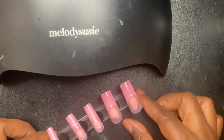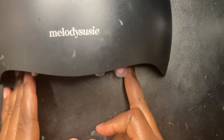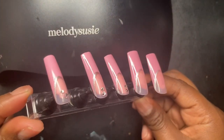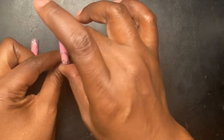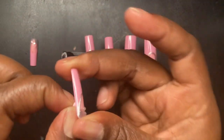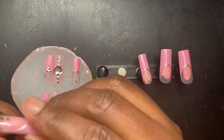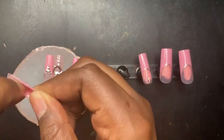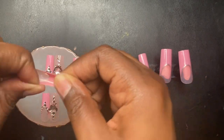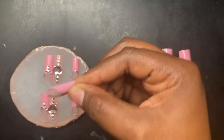I grabbed my large nail lamp, set it for 60 seconds, and put the whole nail stand with the nails and all up under there and cured it for 60 seconds. And look how nice that looks. Very classy and cute to go with the pink. I love it. And the clay is really easy to remove. Once you're done using your nail stand, you just peel that clay off. You may have a little bit of clay residue stuck to the underside of the press-on nail, but it comes off really easy. Just take your finger and get the rest of the clay off, and boom, just like that,